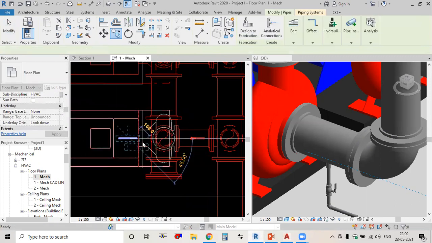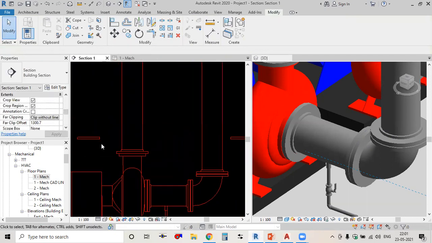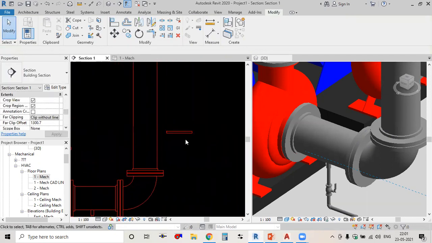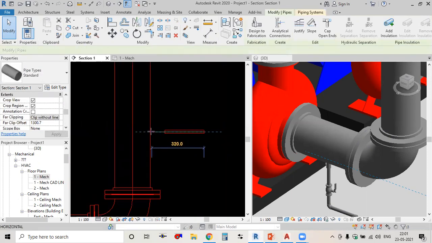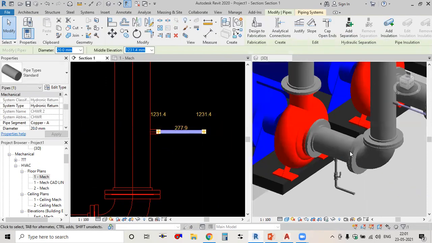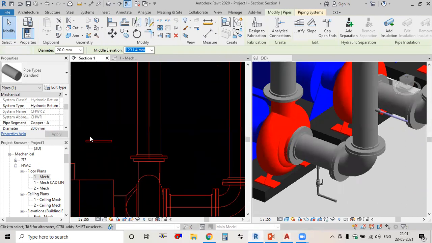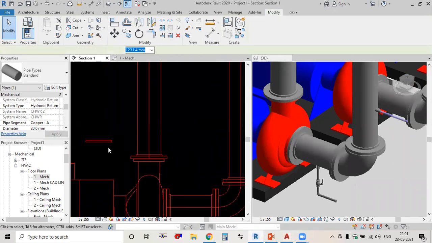Perfect. Escape, go to the section. Now here you can connect this pipe. Check here. And here also, just move it a little bit far.